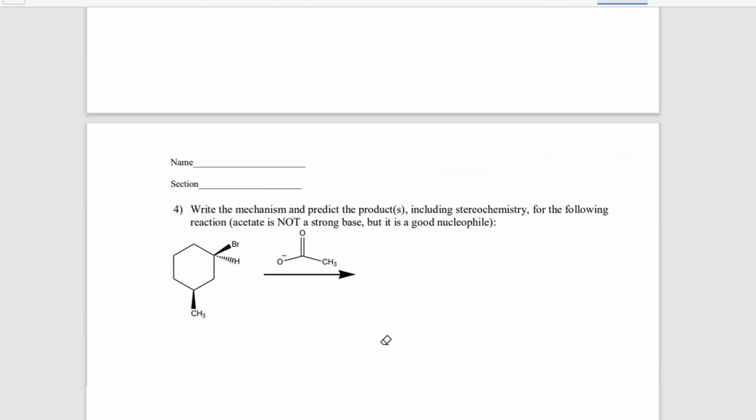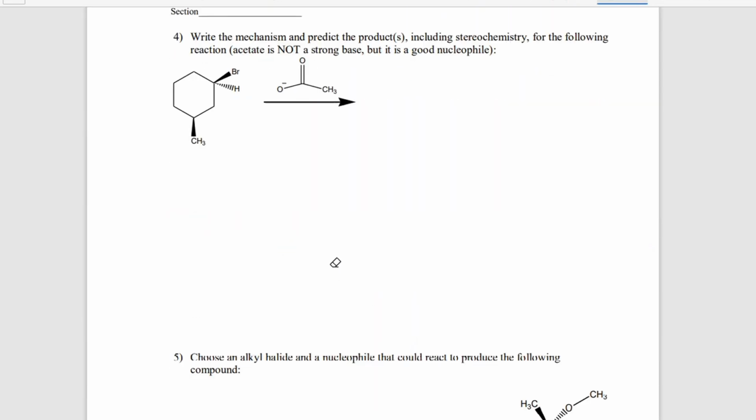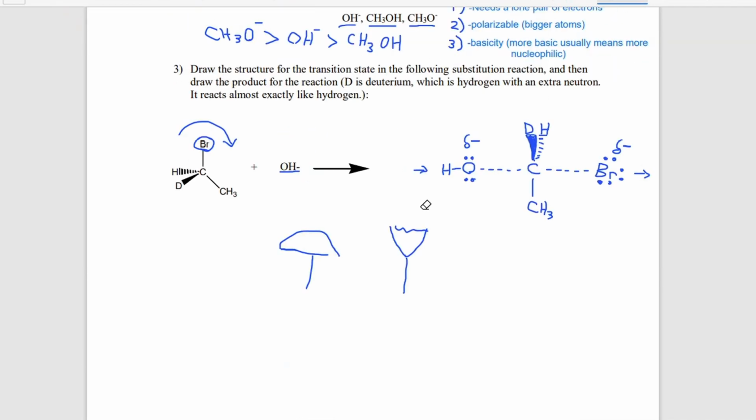All right, so let's take a look at the next one. It says, write the mechanism and predict the product, including. Sorry, really quick. On number 3, we're supposed to draw the product for the reaction also. Oh, okay. Yeah. So in that case, if we were to finish this out to draw the product of the reaction, we could just